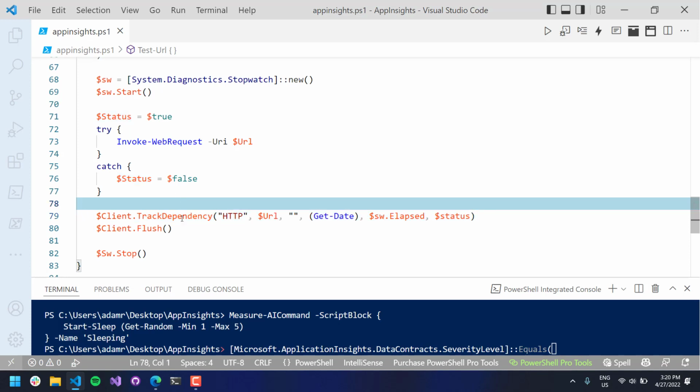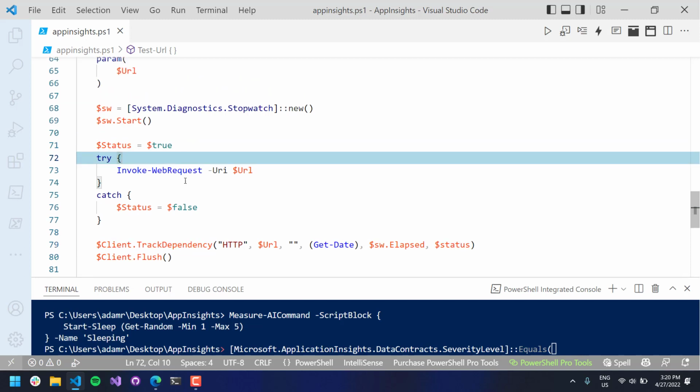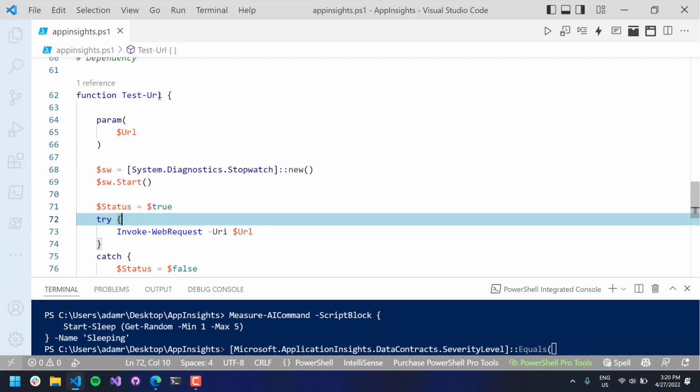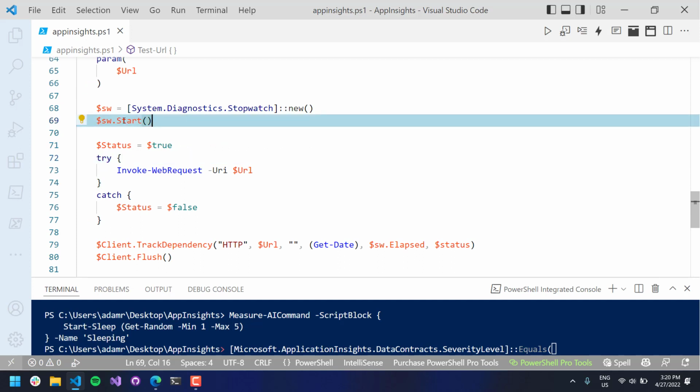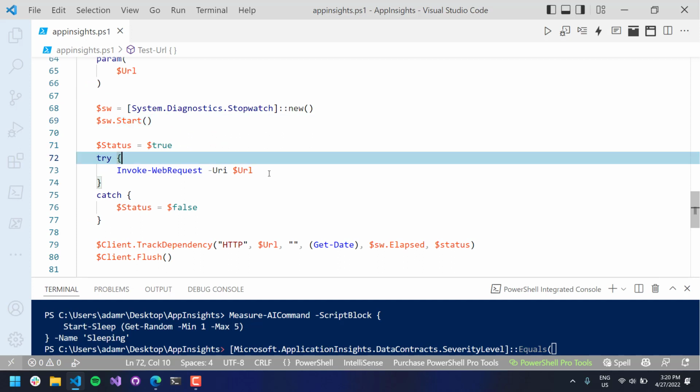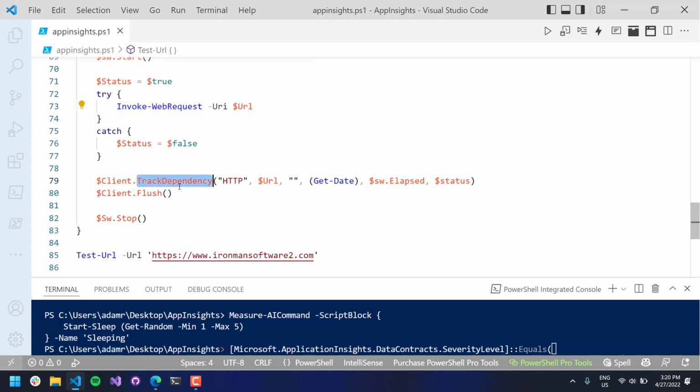So with track dependency then, I'm calling invoke web request here in my little test URL, and I'll pass in the URL, I'll start the stopwatch here, I'll call invoke web request, and then I will call track dependency,